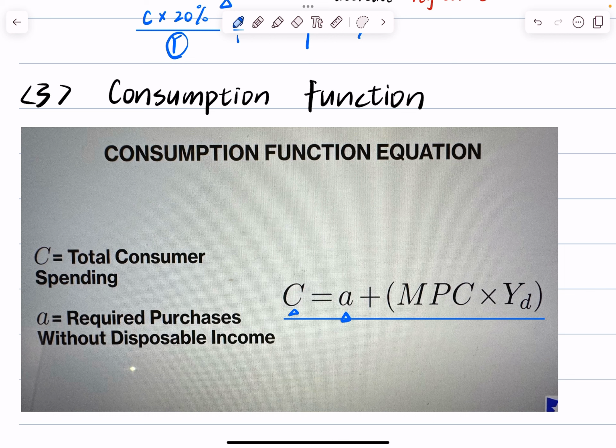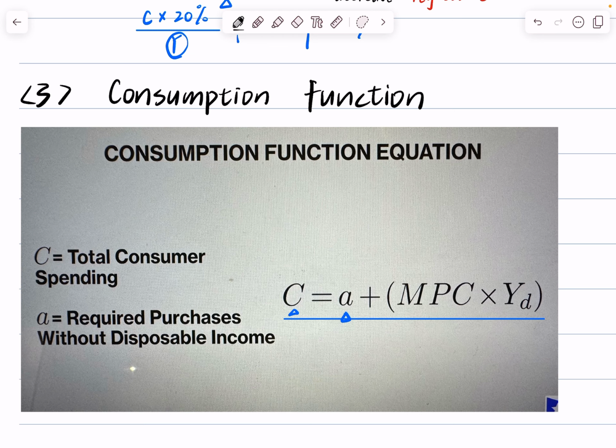A stands for required purchase without disposable income. Maybe we can also call it autonomous consumption. It's something that will not change because of the change of income. Maybe it's the purchase of necessities,